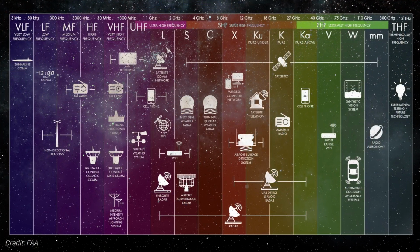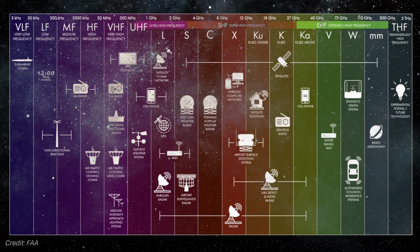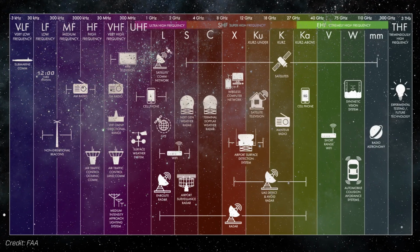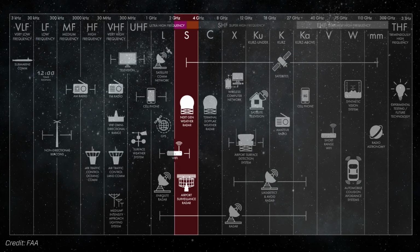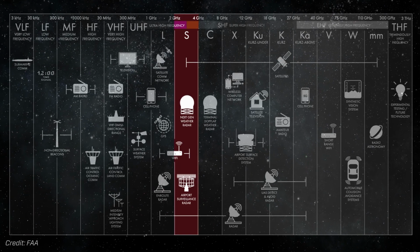Depending on the amount of data you need to move will determine the frequency that you use. A higher frequency will allow you to drop more data quickly. So in that 10-minute window, for example, if I only have a little bit of data, I could use an S-band frequency and 5 megahertz bandwidth, and I can drop down a whole bunch of data that I need. All right, if I'm dropping gigabytes in that 10 minutes, that 10 minutes of sweep